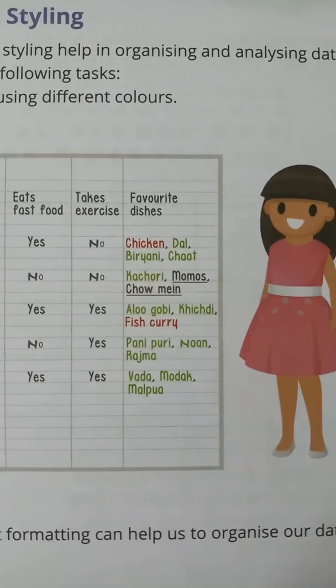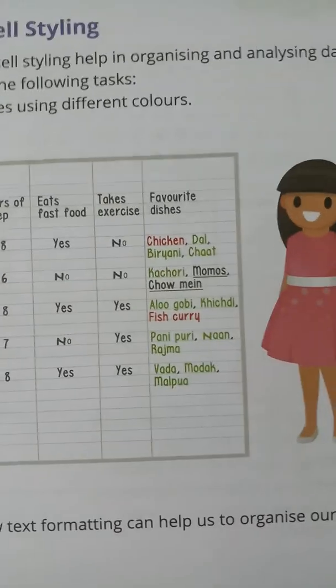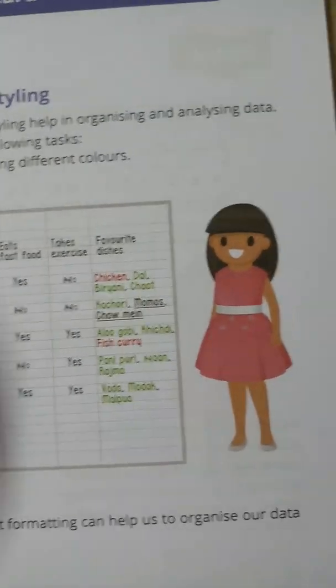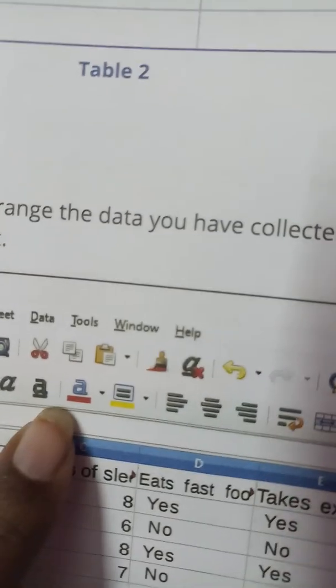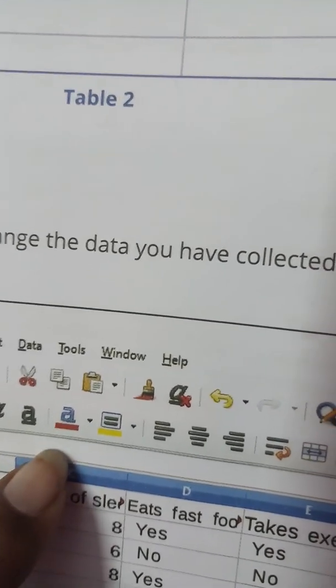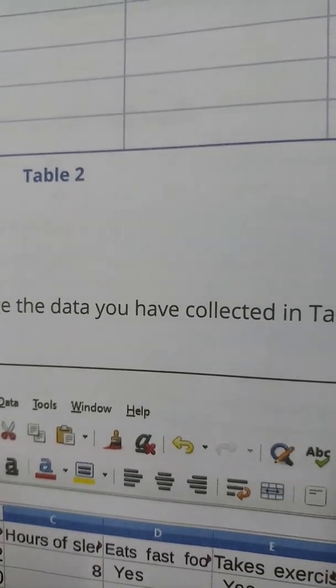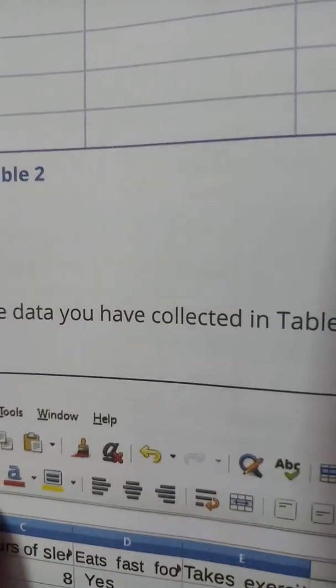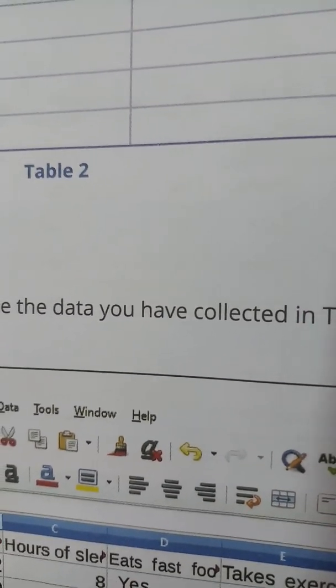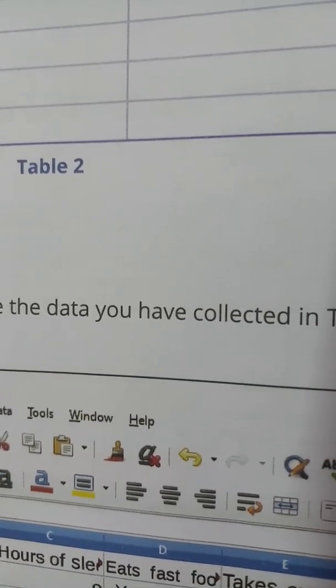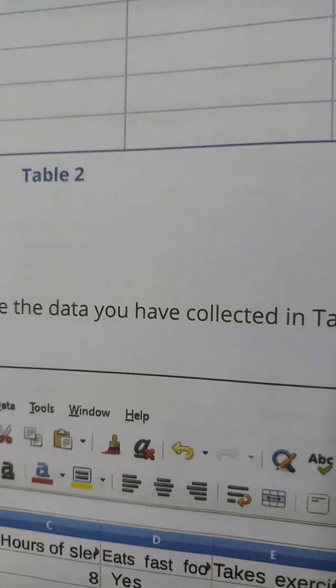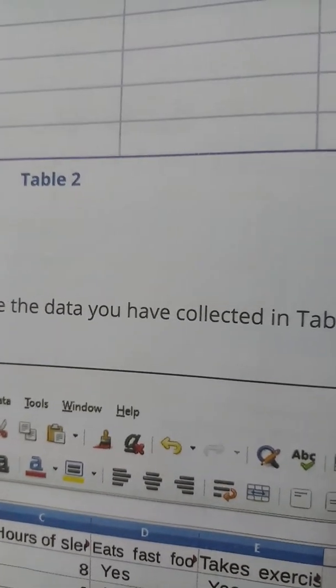And apply text formatting. Here, we add colors to the text. The process to apply color is, here you see the icon. This is the icon to apply colors. First you need to select that word or a sentence, and then you need to click this icon. A sublist becomes visible. In that sublist you can see many different colors. You can select any of the colors and apply it to that word.